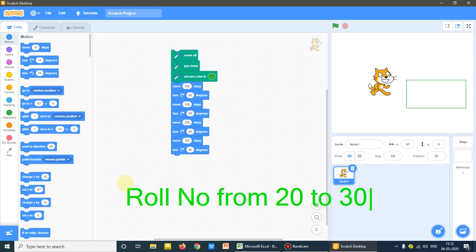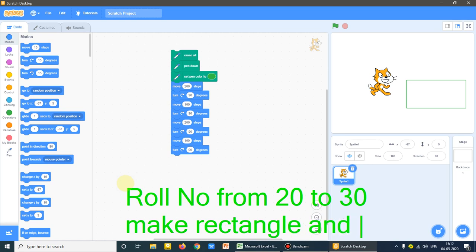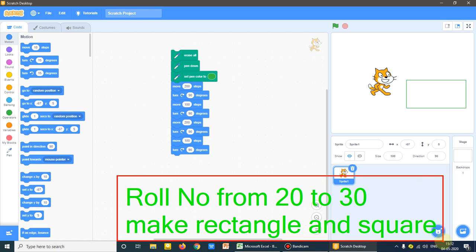These roll numbers will send me the screenshots, and on the WhatsApp group I'll wait for your work. I want to see both. You have to make a rectangle and a square. So this is your assignment. I hope it is clear to you. Just practice making a rectangle and a square.